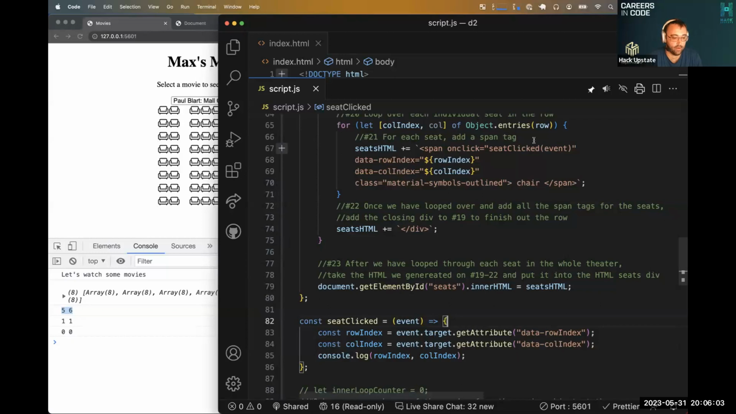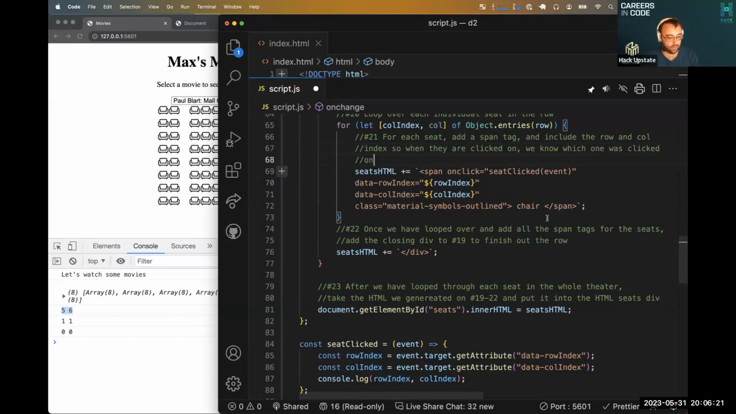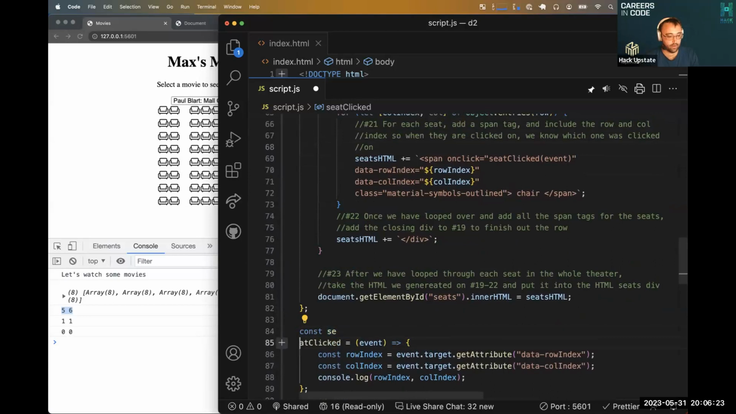While you're working on that, I'm going to say add a span tag and include the row and col index. So when they are clicked on, we know which one was clicked on. Then all the way down here, 24, when a seat is clicked on,